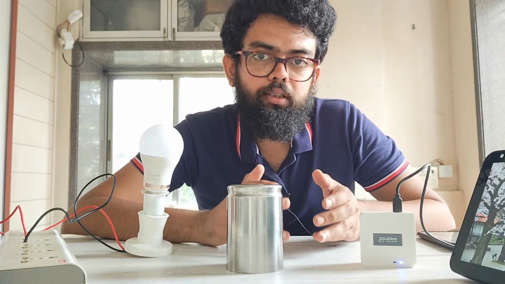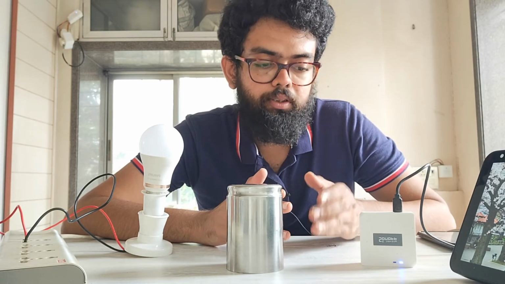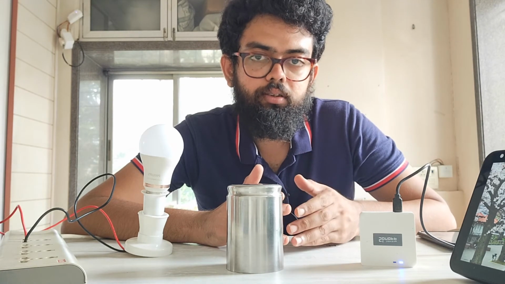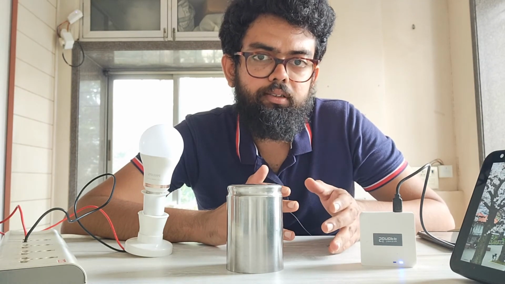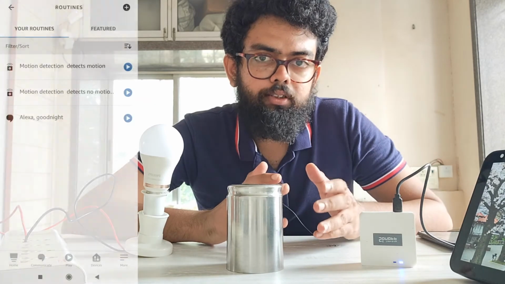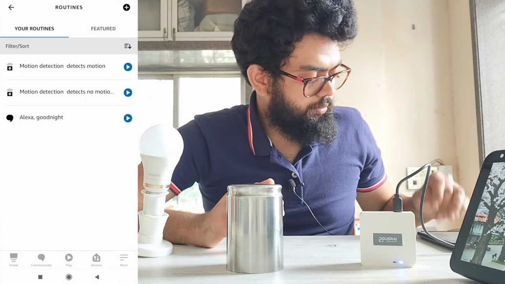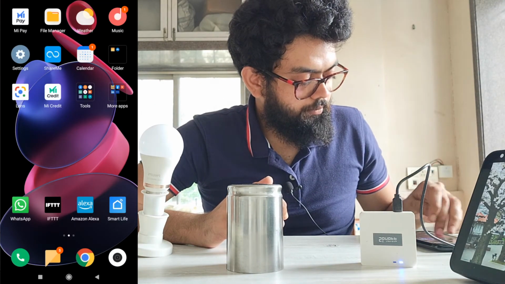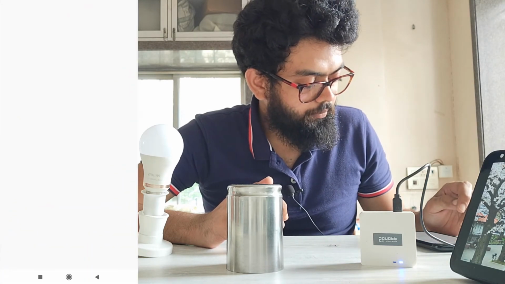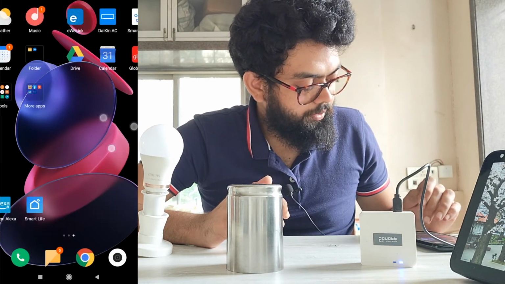But what if you want to trigger some other devices from the same company? I have the Sonoff Zigbee sensors, and I want to trigger some Sonoff devices when the motion is not detected. Let us open the eWeLink app. First we'll disable the automations.